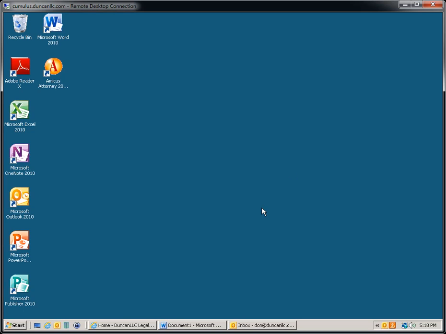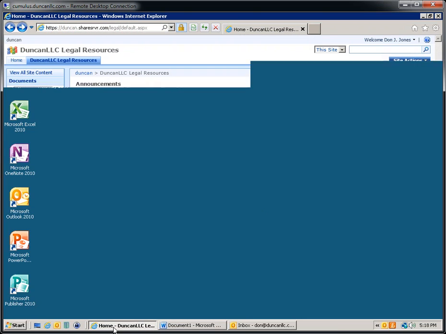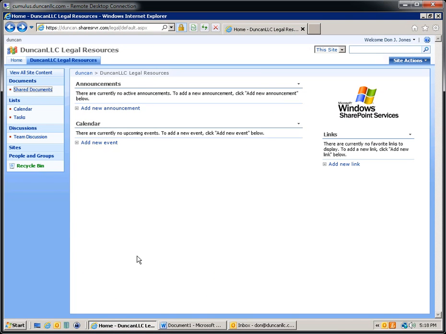So what makes this solution different? Simply put, we provide all of this functionality in the form of a utility. Just like how you pay monthly for electricity or gas, now you can pay for your computing resources in much the same way. I'm going to go ahead and launch our SharePoint site, which by the way, SharePoint is also